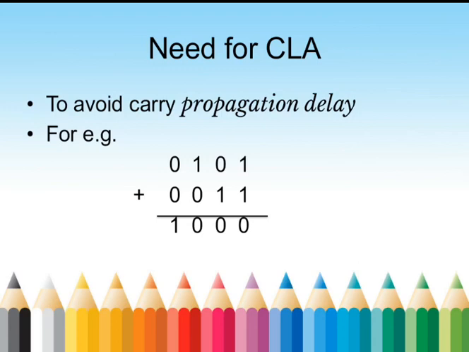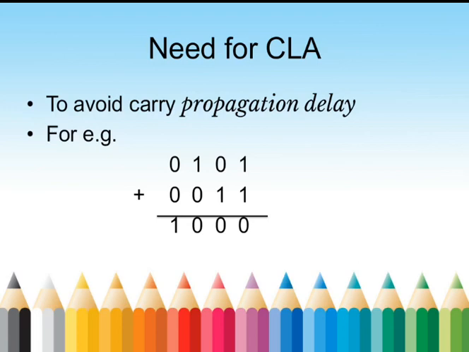We will discuss this carry propagation delay with a simple example. Let us consider two binary numbers, 0101 and 0010. The addition at the LSB position produces a carry into the second position. This carry, when added to the bits of the second position, produces a carry into the third position. The latter carry, when added in the third position, produces a carry into the last position.